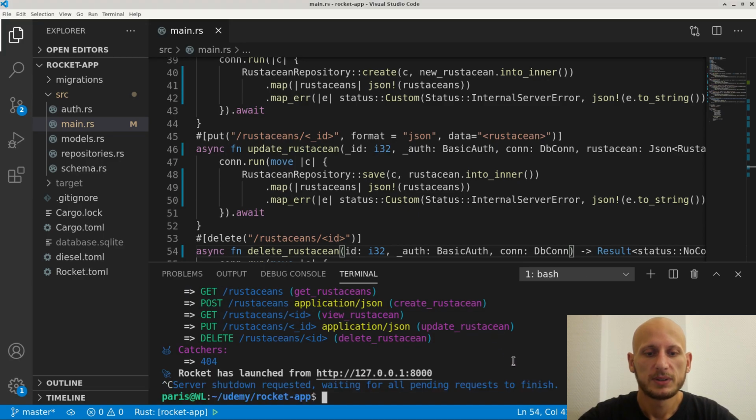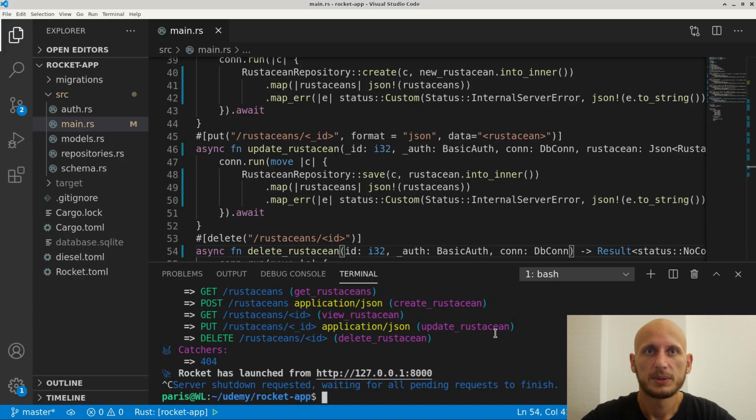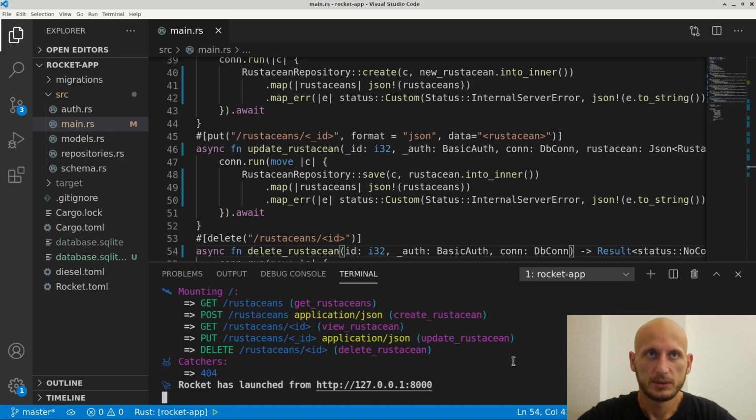And let's move our database from database.sqlite to, let's say, database.sqlite but with an underscore in the end. Now our application will not find it, and when we ping our endpoint it will crash. So let's compile again our program. No need to compile actually because nothing changed. So let's switch to our terminal